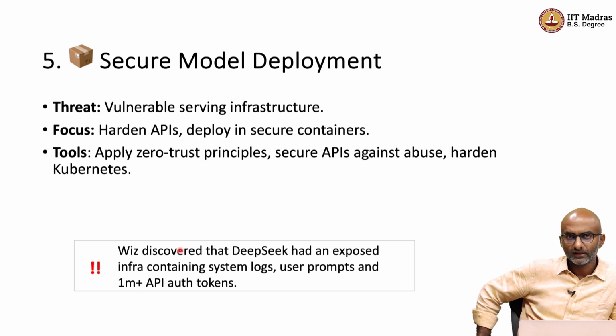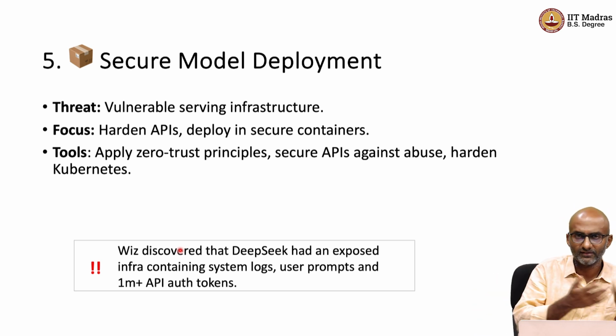The tools here that you can start using are things that have always existed in the world of securing software. One such principle is something called the zero trust principle. Don't assume that just because there's another service within GCP that's accessing your API, because it's existing within GCP, it has to be secure. That's the easiest way to fall prey to